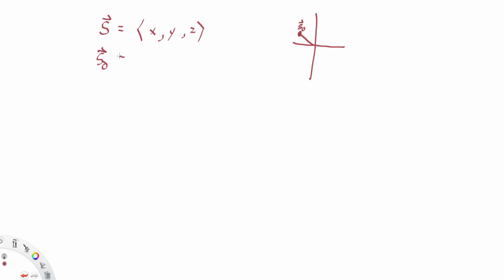The initial position here might be, say, -2, +1, and 0. If our object in question moves, right? So we start off at -2, 1, and we end up